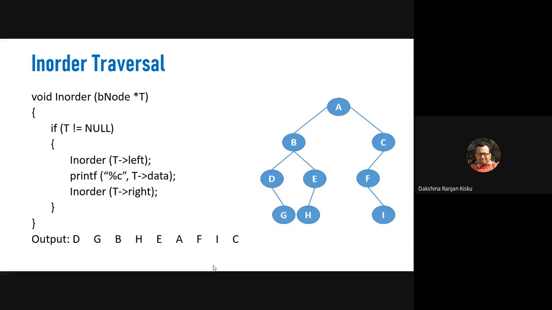Now, what will be the output sequence, or the linear sequence that is determined after visiting the nodes in the binary tree in in-order fashion? In in-order fashion, the root node will be printed after visiting the left subtree, and before visiting the right subtree. So if we determine the output sequence of the in-order traversal of this binary tree,